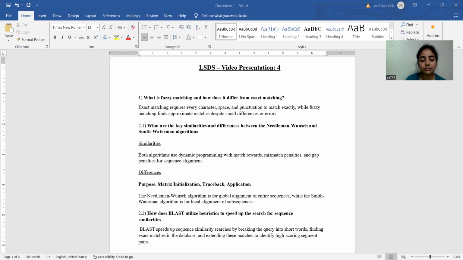And my second question is the key similarities and differences between the Needleman-Wunsch and Smith-Waterman algorithms. Similarities: both use dynamic programming. Differences are in the matrix, traceback, and application. I will explain them one by one. Both are used for sequence alignment in bioinformatics. When it comes to similarities, both use dynamic programming to find optimal